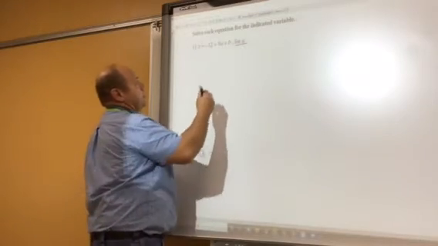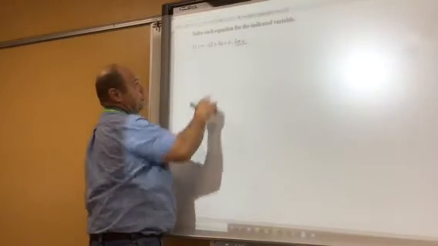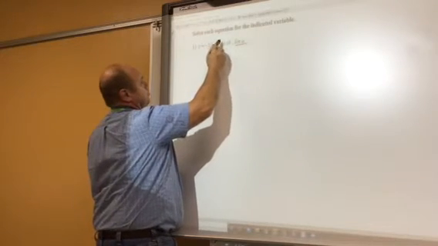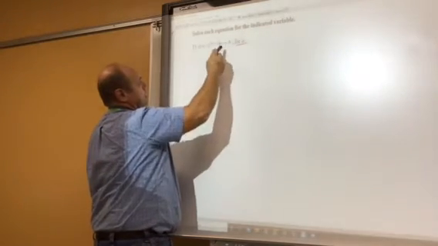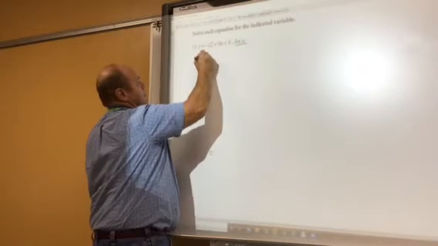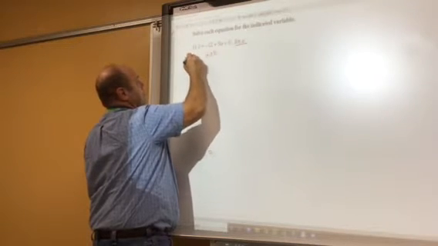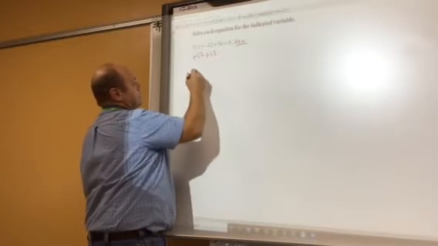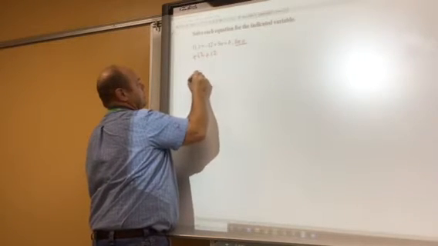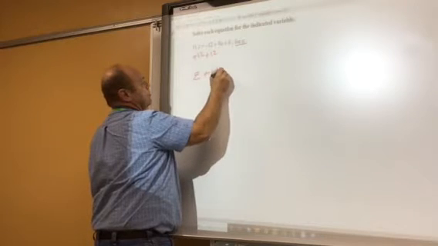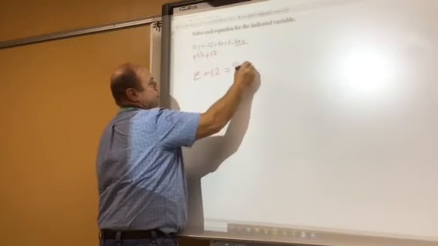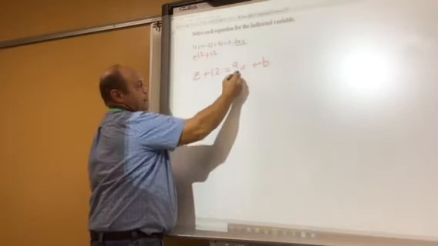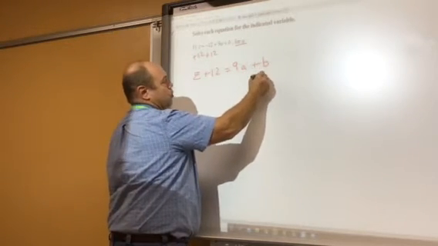And that would be that I want to isolate the variable A. And in doing so, the first thing I would do is move everything over to the left side of the equation. So of course I would add 12 on both sides is where we would start. And so on the left side I would have z plus 12, and then of course that's going to equal 9a plus b. And then I still don't have the a by itself, and so therefore I'm going to subtract